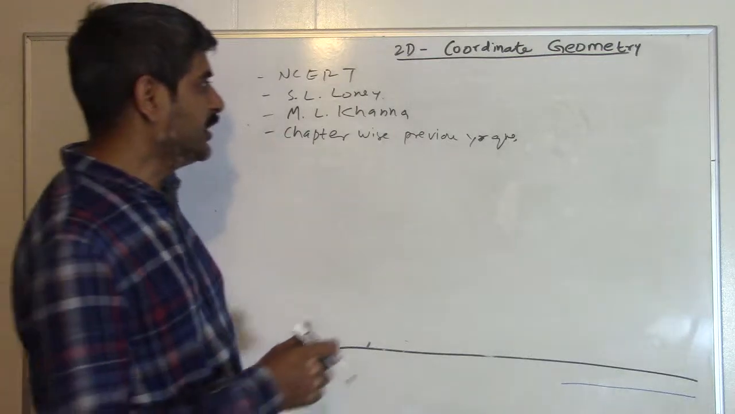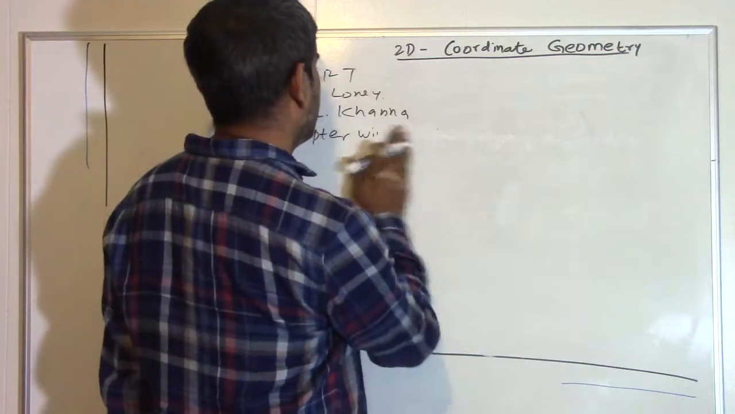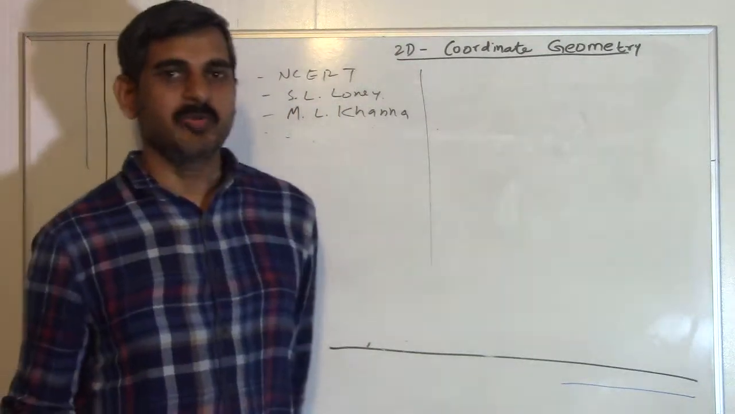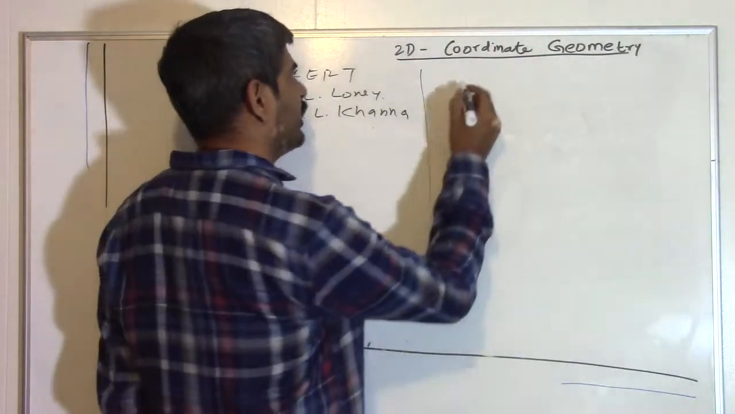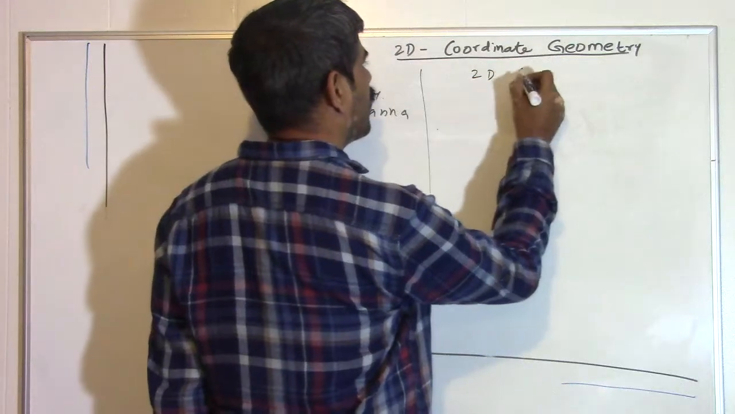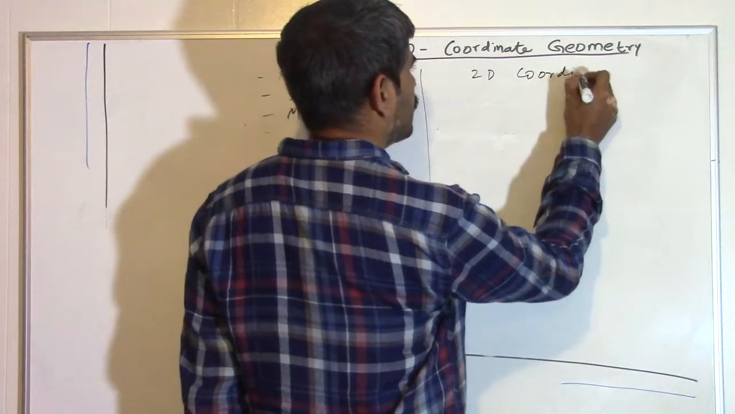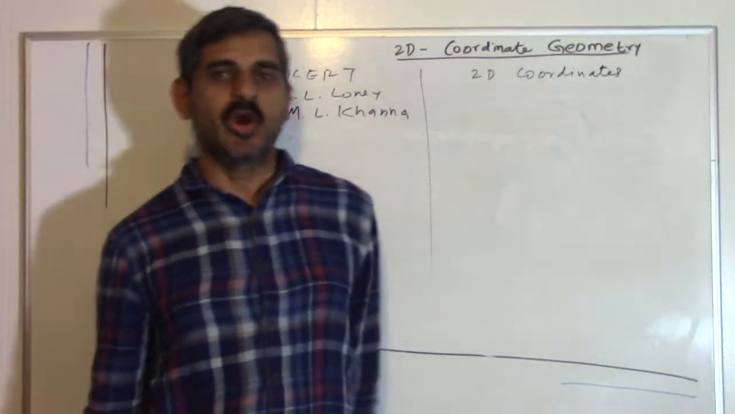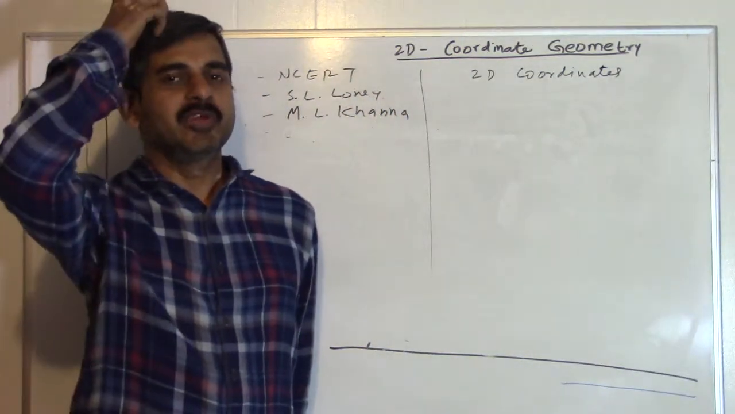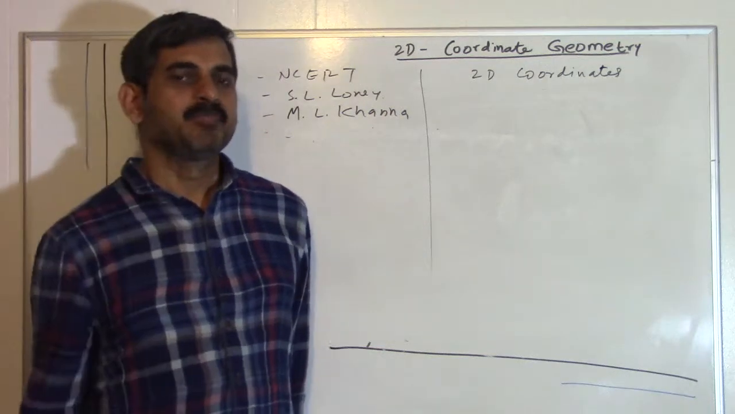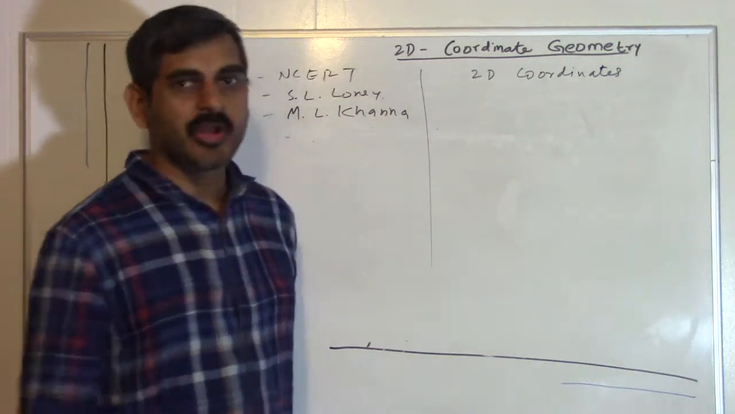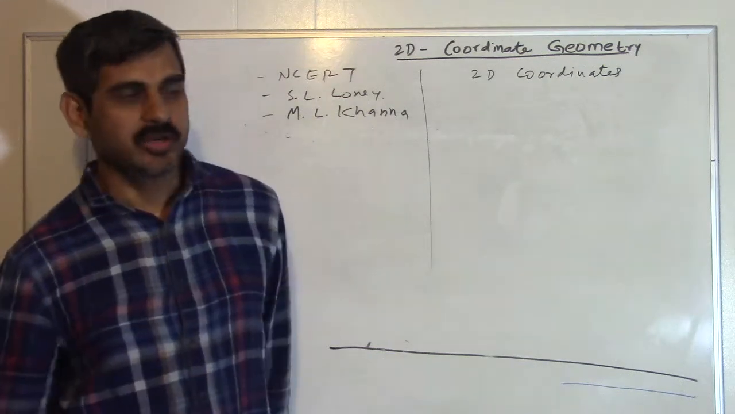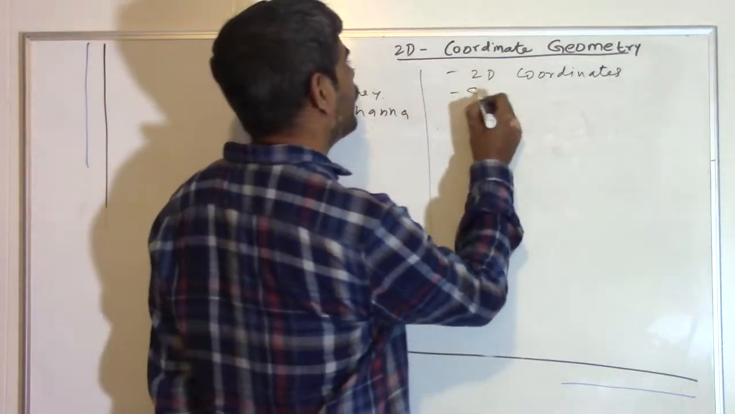The number of chapters is few in 2D geometry. The first chapter is maybe 2D coordinates. We'll talk about the coordinates, we'll deal only with the points. We'll deal with the triangle area, section of a point, midpoint, and things like that. Anything that has to do with the coordinates of a point. And then we have straight line,